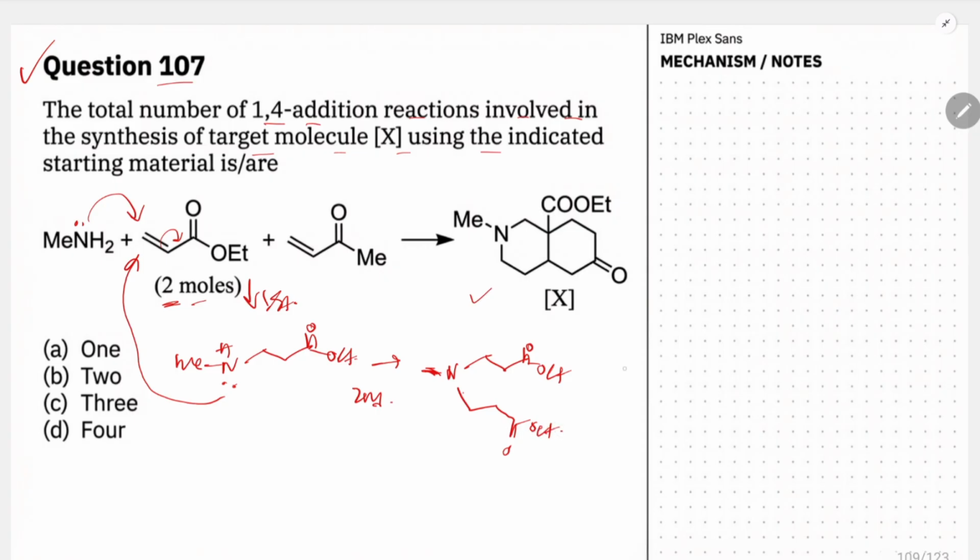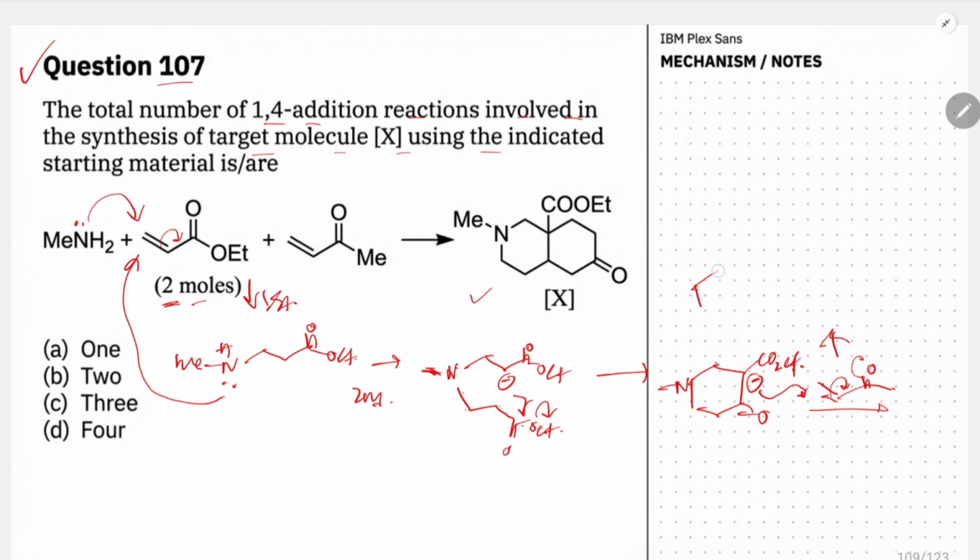Now a Dieckmann kind of reaction takes place. 1, 2, 3, 4, 5, 6. It will attack this and it will leave, and the product is a 6-member ring with nitrogen methyl attached to it. From this position on the ring, this is CO2Et. Now this is a ketone. When a ketone is given, this is the acidic proton. It will do another 1,4 addition. So you will get